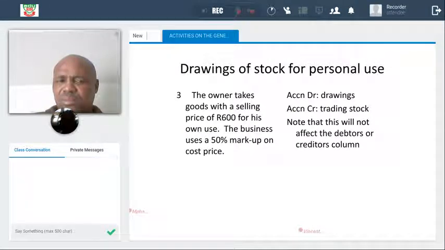Our next transaction we are going to look at, transaction number 3. The owner takes goods for his own personal use. The owner takes goods at the selling price for his own personal use. So what is very, very important here? The owner cannot sell to himself. He is using this markup, so we have to record it at the cost price. So we are going to say the 600